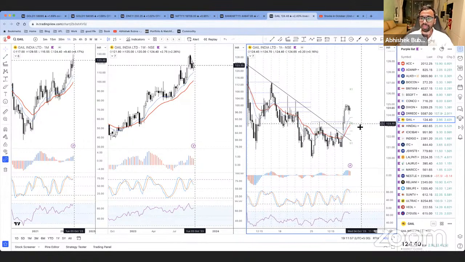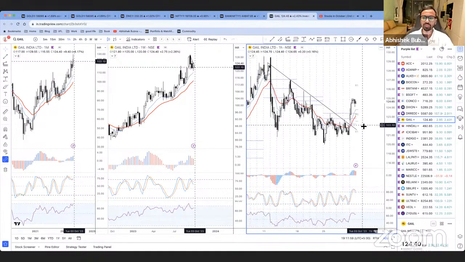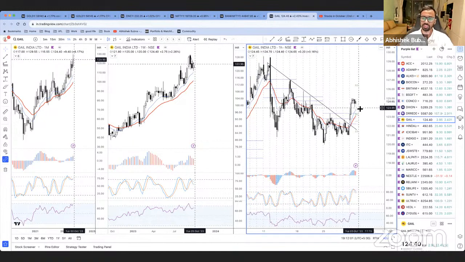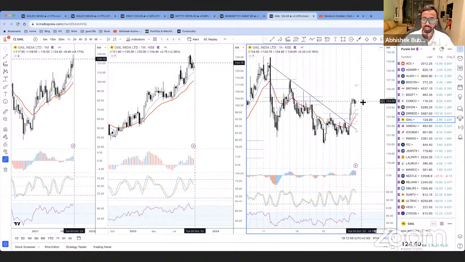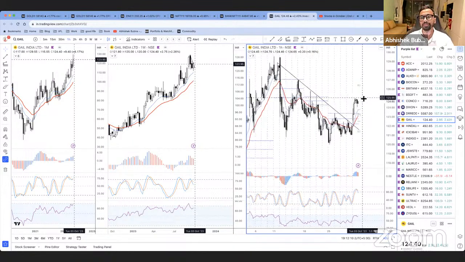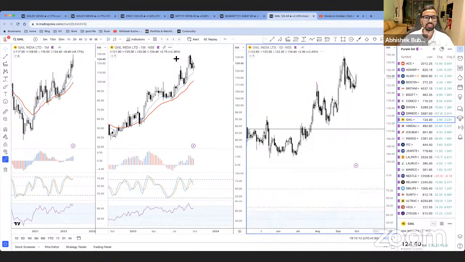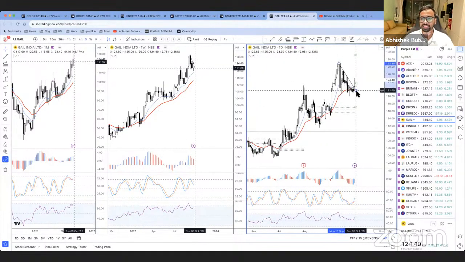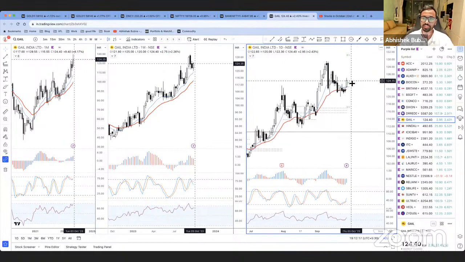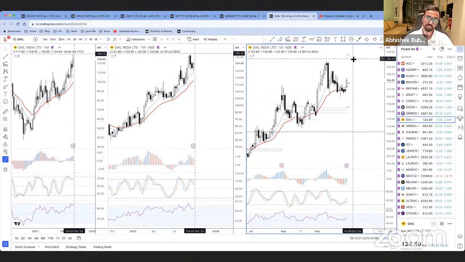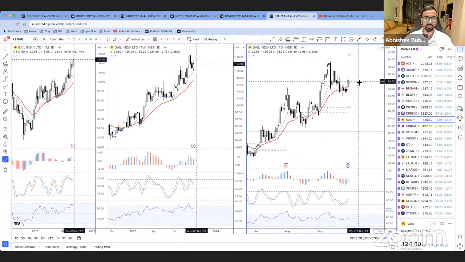It's a good sign. And we have, well, not a narrow CPR in the hourly chart, but if it corrects till the EMAs, like if it comes down a rupee or so, then maybe that'll give you an opportunity to go higher as well. Now let me go back to the daily chart. Remember, it needs a follow through. Of course, if it opens right here, above the monthly CPR, you're good to go. Narrow monthly CPR targets are good. The target should be like this. So if it happens, then this is something that I'm interested in as well.